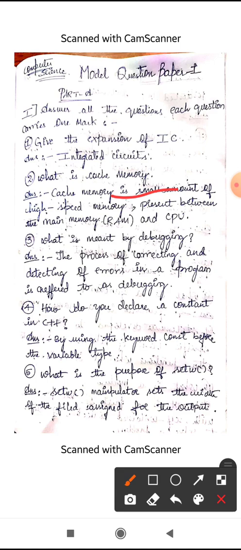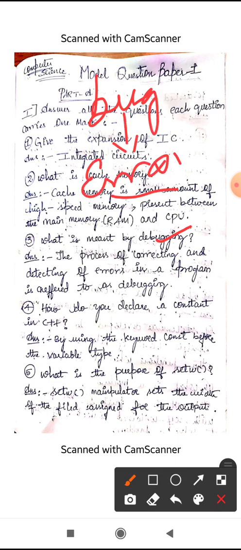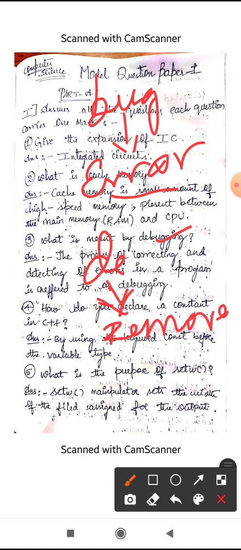So what is the next question? What is meant by debugging? Here, you have to first know what a bug means. Bug means error. D means remove. So debugging means removing of errors.